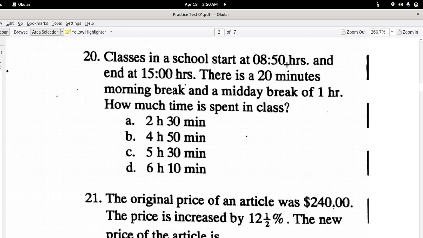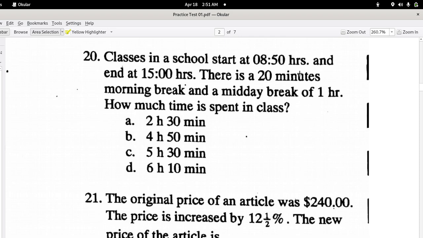Classes start at 8:50 hours and end at 1500 hours. There's a 20 minutes break and a midday break of 1 hour. How much time is spent in class? Well, between 8:50 hours and 1500 hours, it's how much time? Now, if you feel more comfortable, you can temporarily think of it in terms of 12 hour and say 1500 is what time in PM. Alright? But here,